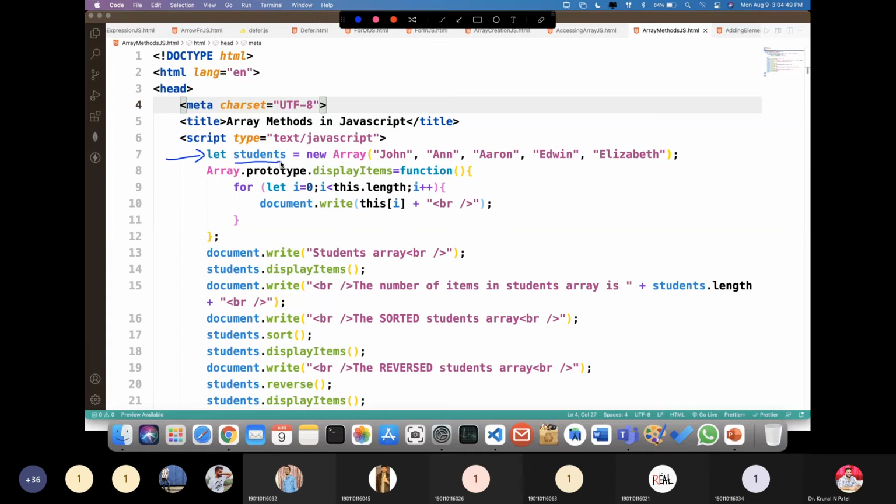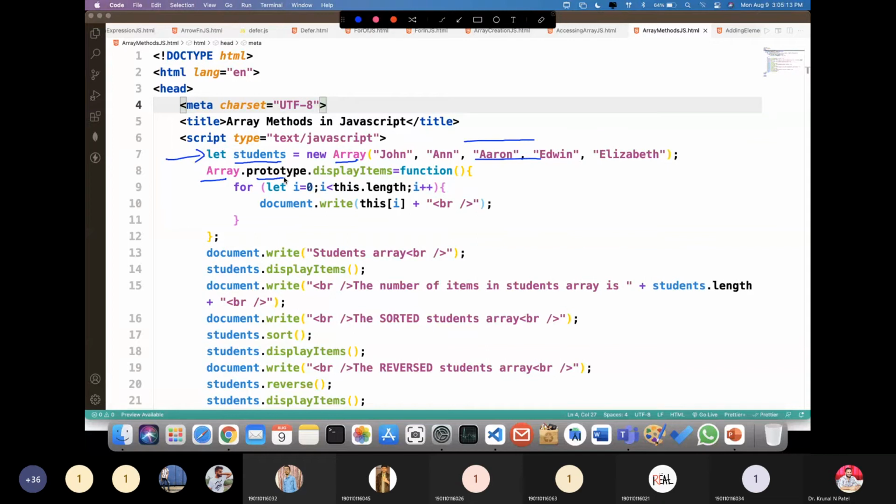So let students equal new Array, and here are the names of students, right? Okay, that's it. Now I'm creating a function, right? As we know Array is a global object, similarly Prototype is also a global object, right?